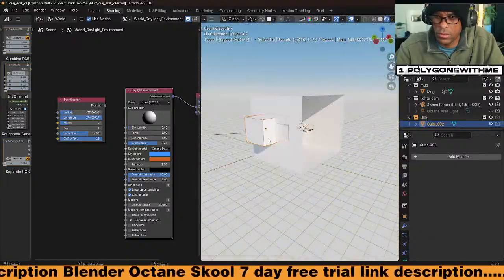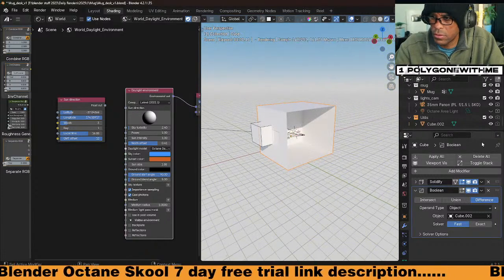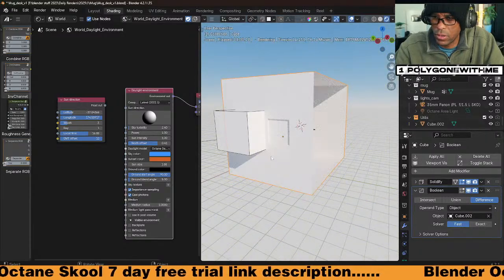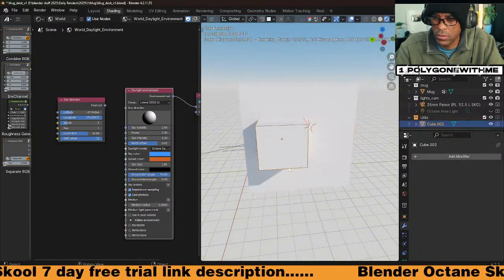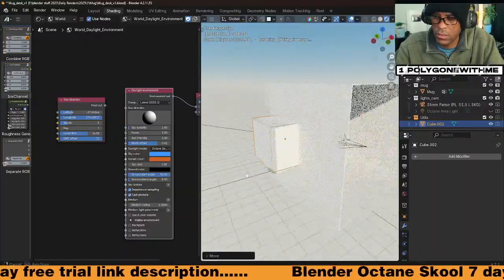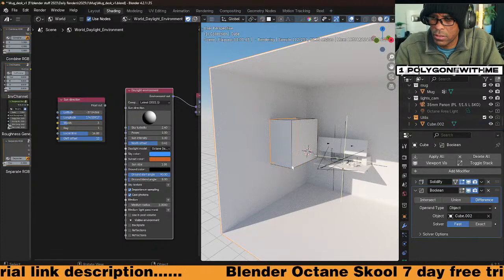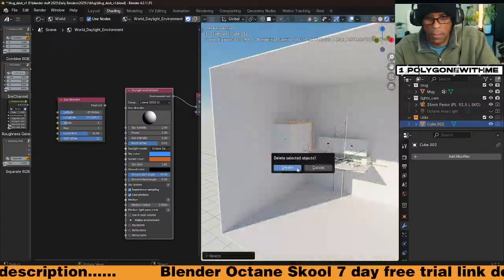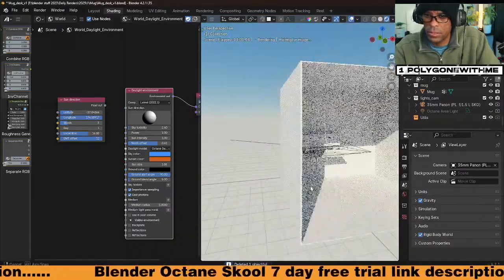What happened to the boolean here, dude? Hey, what the hell happened to the cut here that was working? Oh, I'm probably too close to the edge or something? Yeah, what happened to that? It was working, right? Yeah, what happened to the cut, dude?